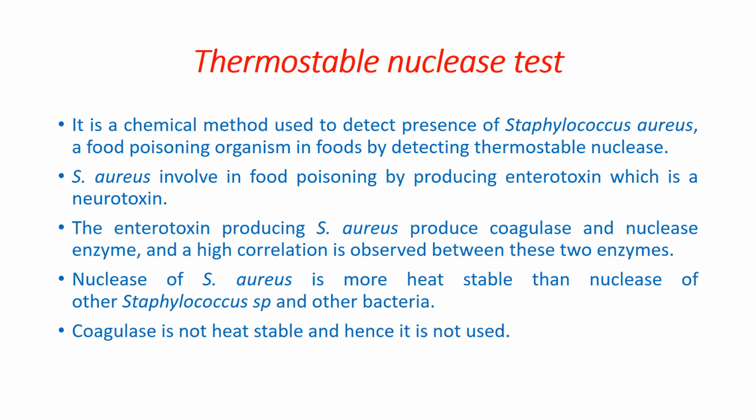Suppose this toxin is produced in food and we consume that same food, our nervous system will be deactivated. Okay, so this is the deadly toxin. So that's why we have to take care. We have to detect whether this Staphylococcus aureus is there or not. During food preparation, Staphylococcus aureus or any microorganism may die, but its spores can remain, which can germinate later and produce the toxin again.